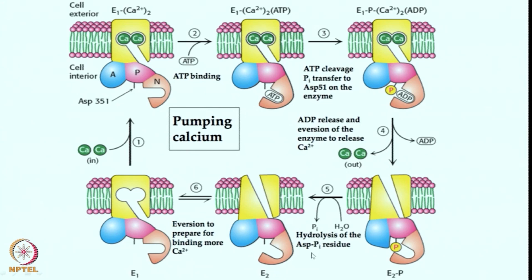This hydrolysis of the aspartate Pi residue also takes place, wherein the water will assist in this dephosphorylation reaction. Overall, then, this is getting ready once again to bind the calcium. So eversion happens once again to prepare binding more calcium 2+ into this pocket, and the process goes on. It is almost a catalytic cycle, and calcium is pumped from inside the cell to the outside of the cell by